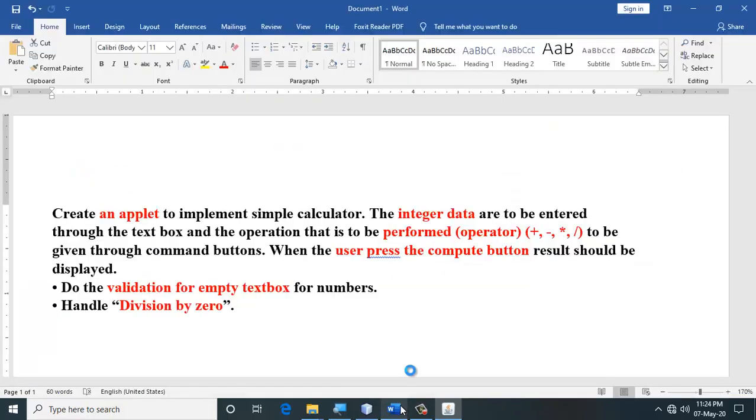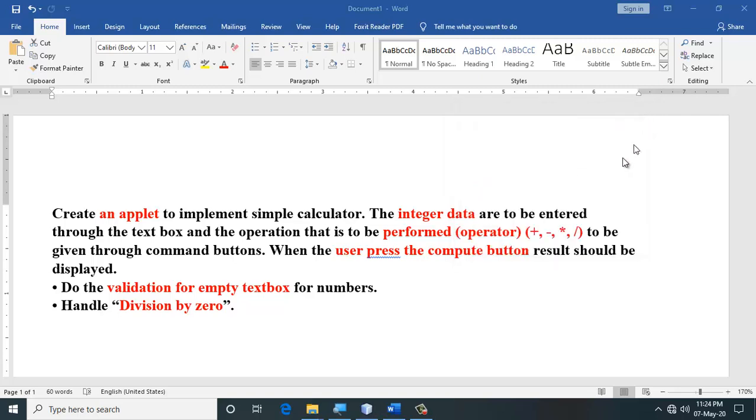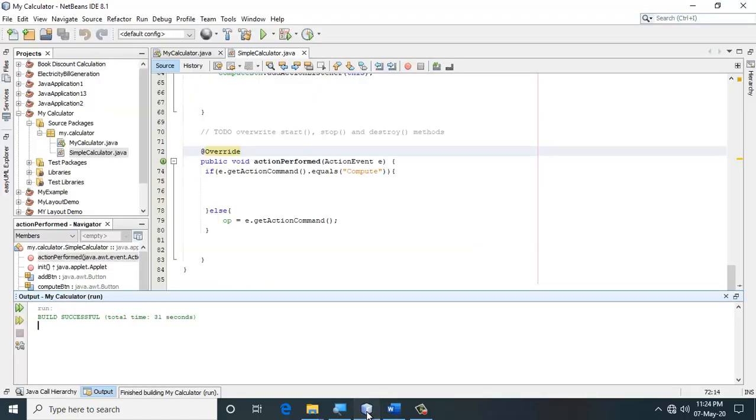However, the question says that I have to validate for an empty text box. In other words, if nothing is typed over here, I have to show an error saying that one of the text boxes or both text boxes are empty. Let me handle that part first.